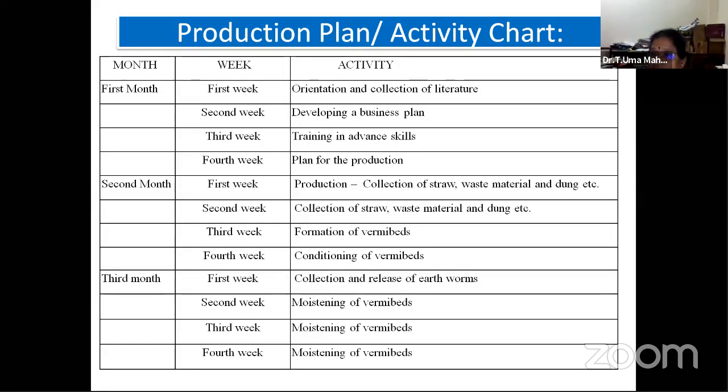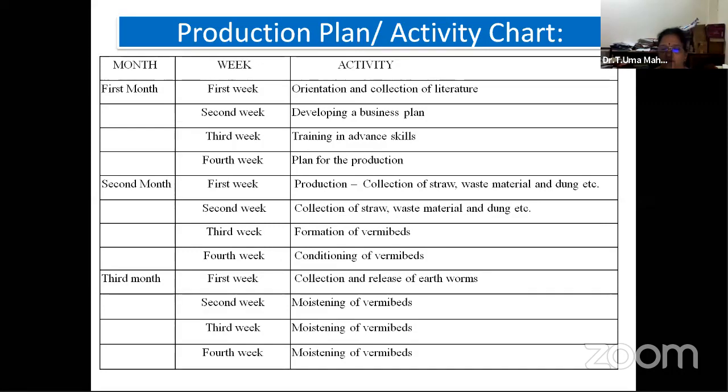Then you may wonder how much quantity, madam, we have to purchase. For 1 square meter, you can release about 1 kg. What is this 1 kg quantity? Here 1 kg means around 700 to 800 earthworms. People say 1000, but it will never be 1000. We cannot count them. So how do we get it?